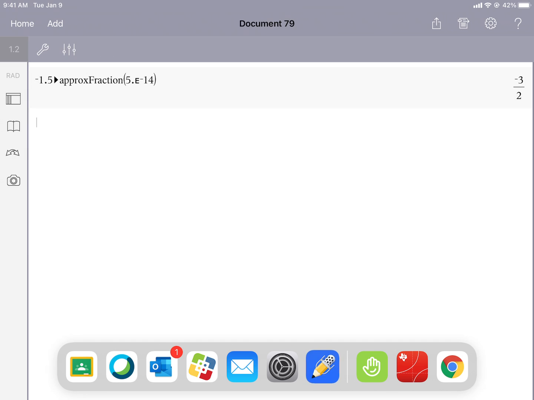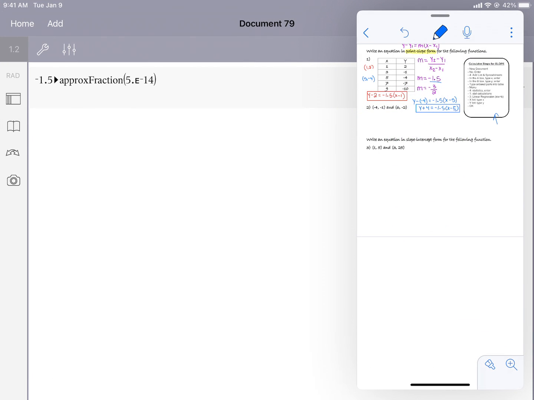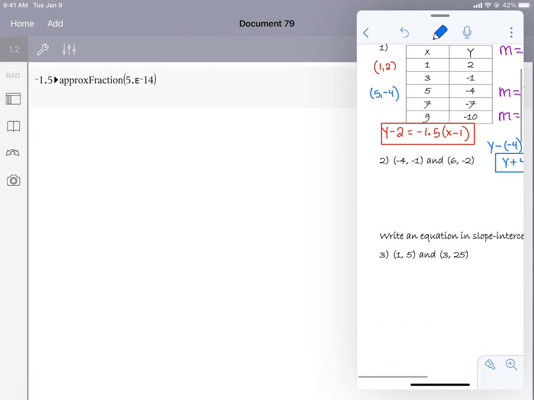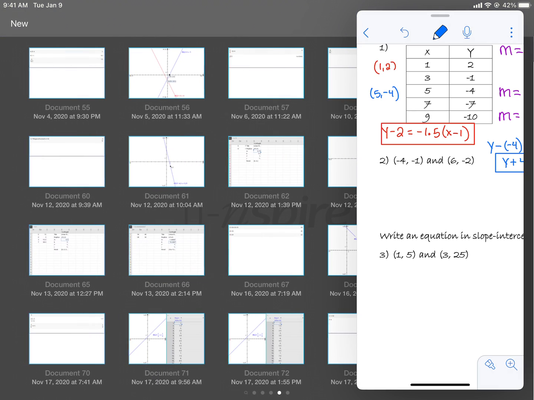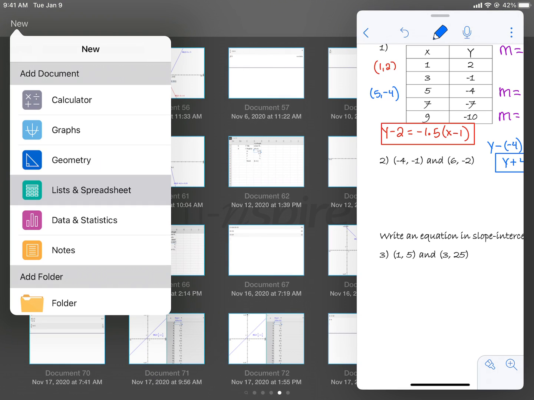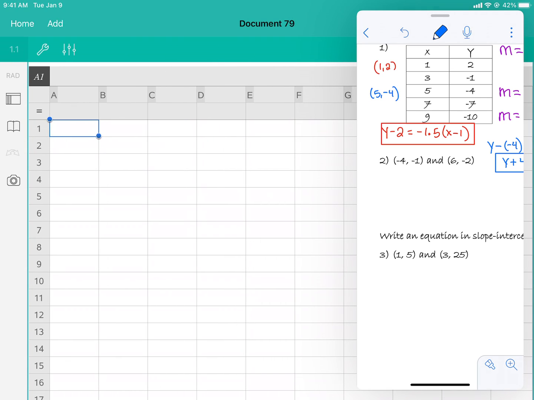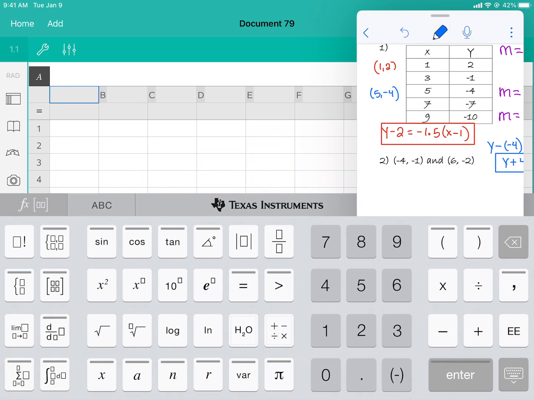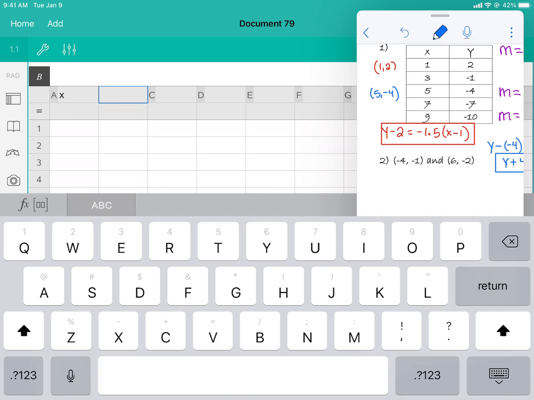Split my screen. There we go, so I can see the points better. Okay, so we're going to go home, discard, new, list in spreadsheets. I'm going to type in X where A is and Y where B is, and I'm going to type in